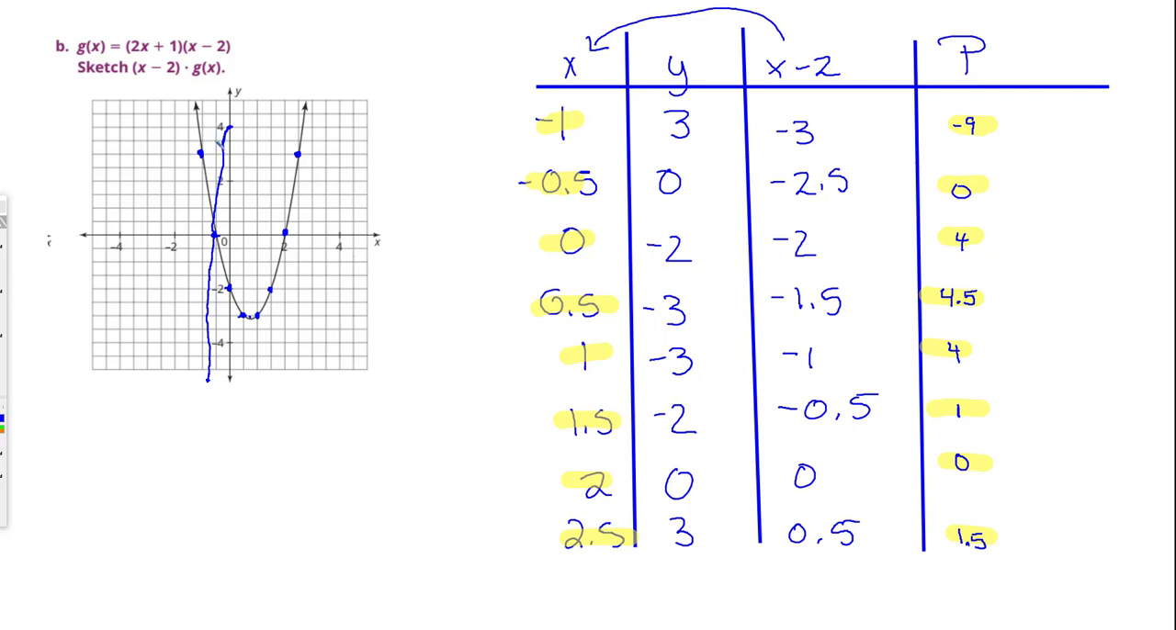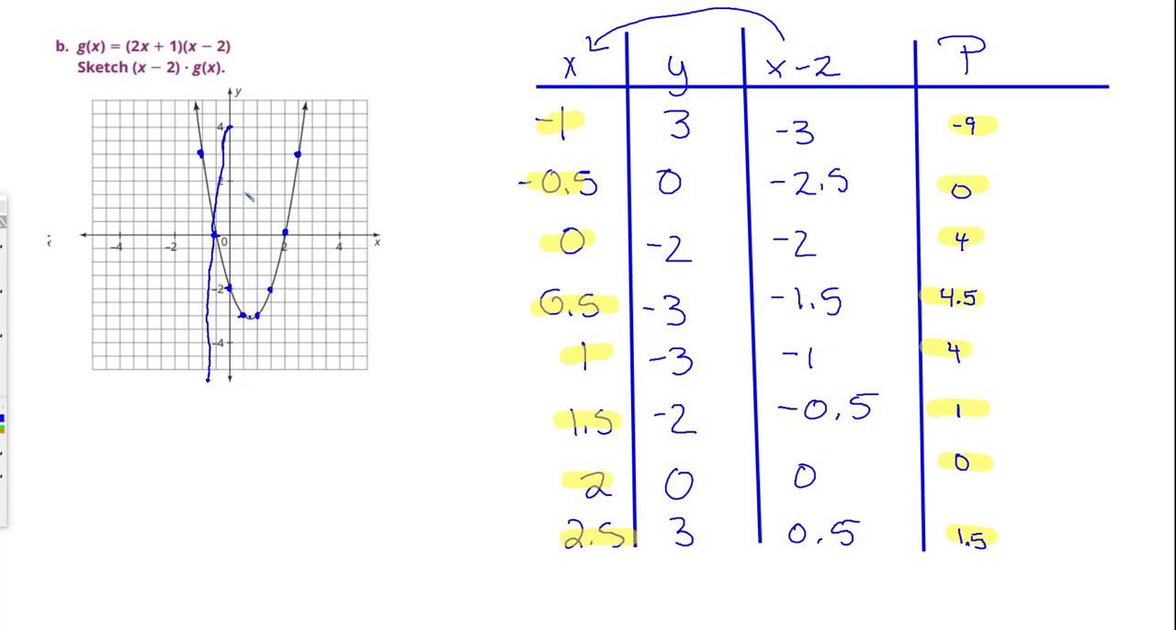So when we did this yesterday, y'all were left with finding the products and trying to graph this. And you should have come up with your products being -9, 0, 4, 4.5, 4, 1, 0, 1.5. And it should come up with a graph